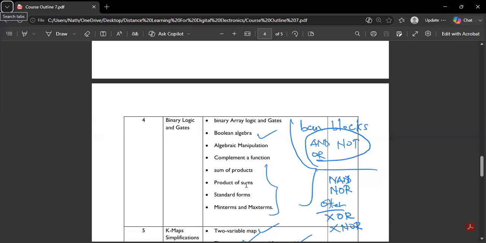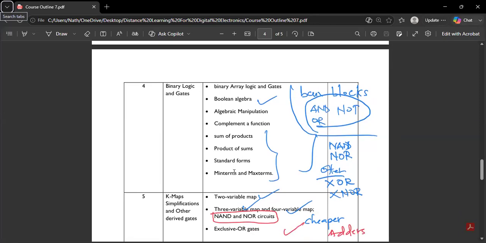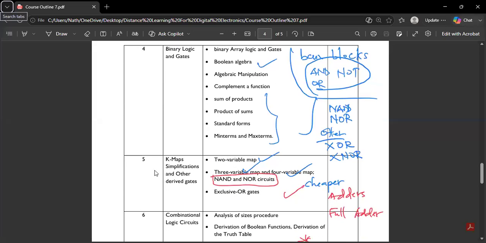Look at that. And we look at sum of products and product of sums in the standard forms, and the minterms and maxterms. The sum of products is basically the addition of the products of Boolean variables. The product of sums is the multiplication of the sums of Boolean variables. The standard form is the simplified or minimum form the sum of products or the product of sums can be. Then we look at the minterm and then the maxterm. That will propel us to what we call